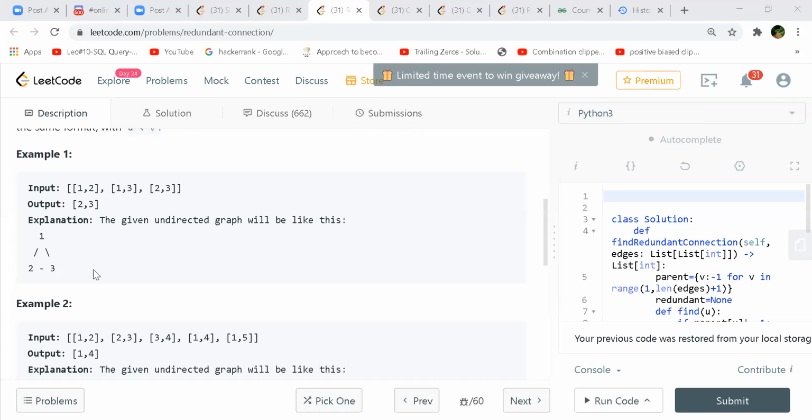At worst, n nodes, then n for the DFS. I guess it will be n square only. It is n plus v, so will it be n square, considering a complete graph? In a complete graph, you have n square edges, no? No, here it is mentioned that the total number of edges will be n plus 1 only. Yeah, it's almost a tree plus 1. So this is why n into n, I guess, will be for the brute force approach.